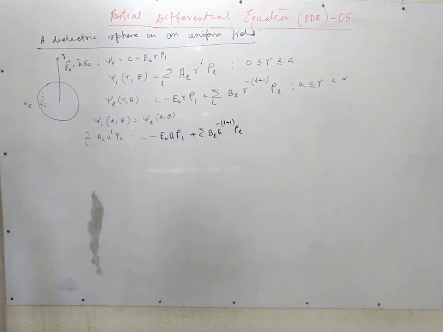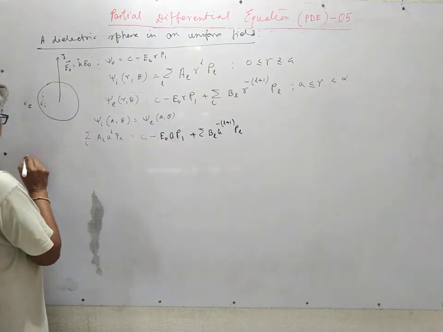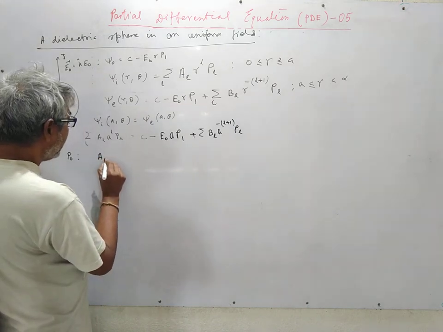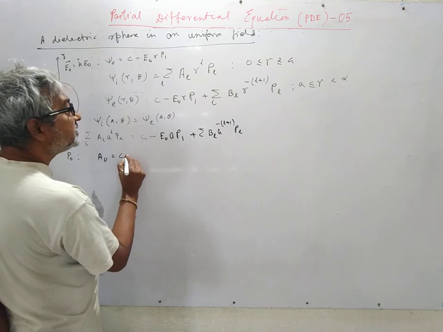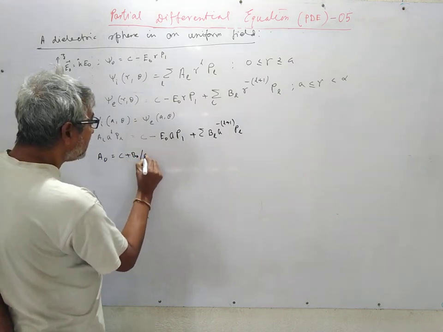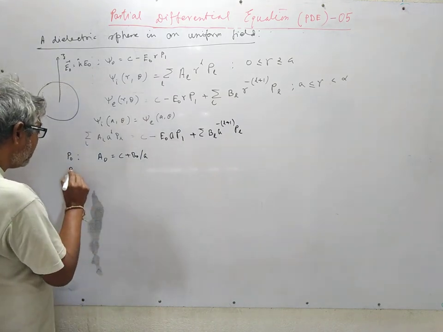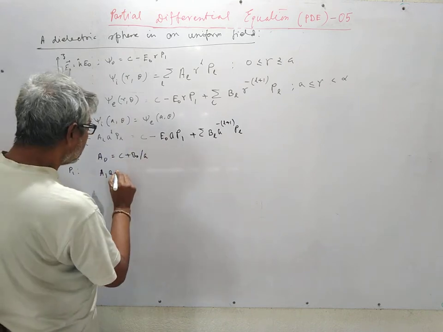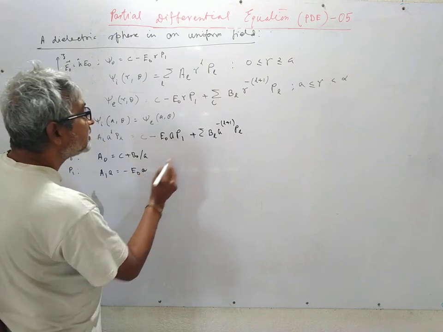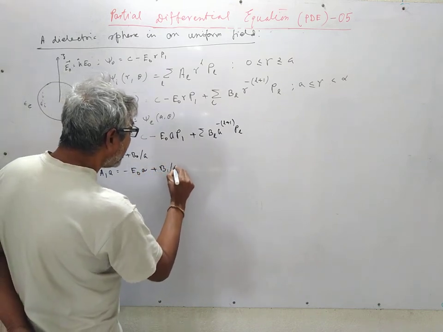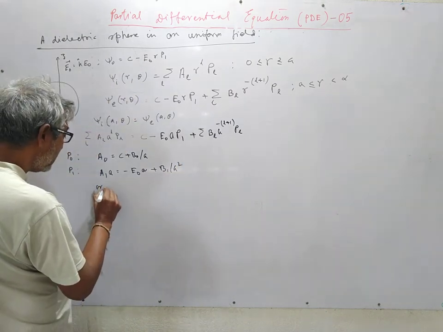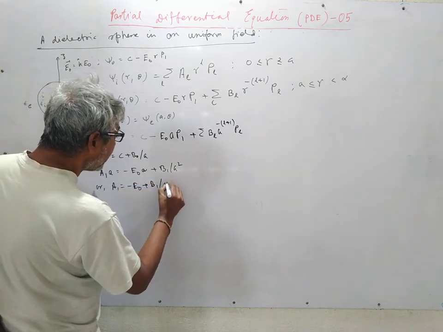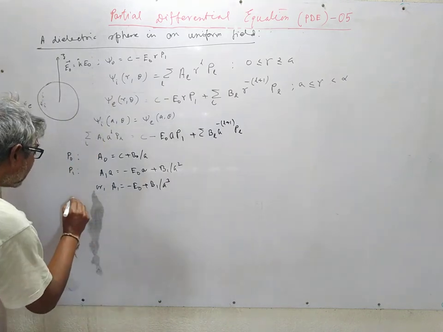This is an identity in PL. So the coefficient of P0 gives you A0 is equal to C plus B0 by A. The coefficient of P1 gives you A1 A on the other side minus E0 A plus B1 by A square, or A1 is equal to minus E0 plus B1 by A cube, and the coefficient of